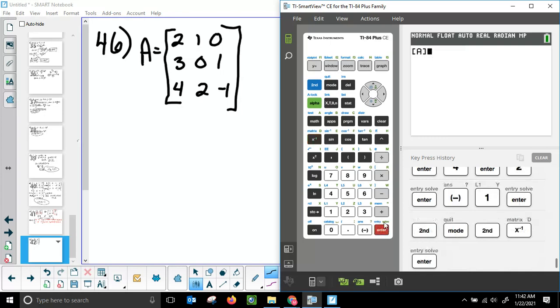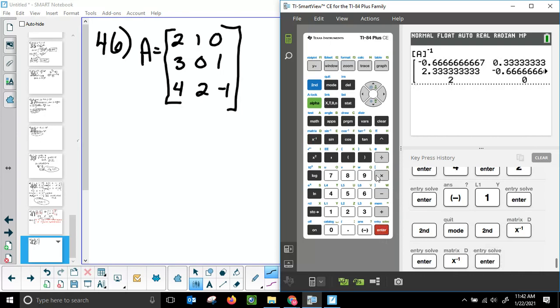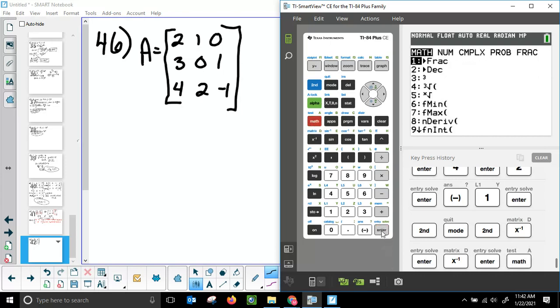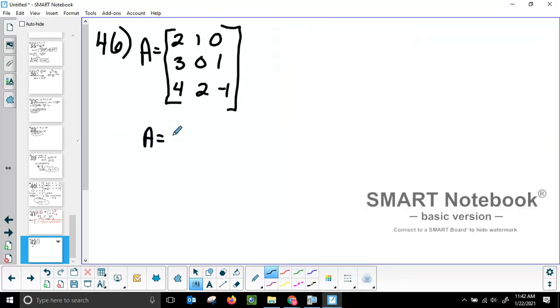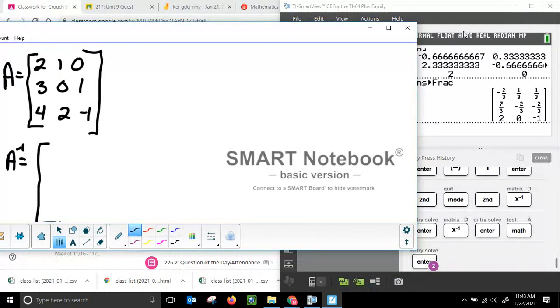Now all I have to do is quit out of here, go back into my matrix menu, hit enter on A, hit this little to the -1st button, and this will give me my inverse matrix. If it's messy fractions like this, that's fine. Just hit math, enter, enter, and it will change it to fractions for you. Okay, so A inverse is equal to